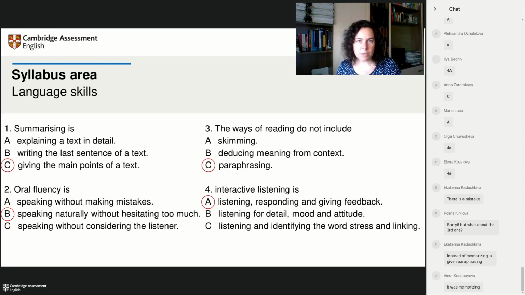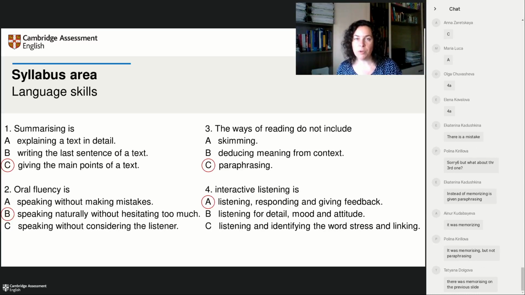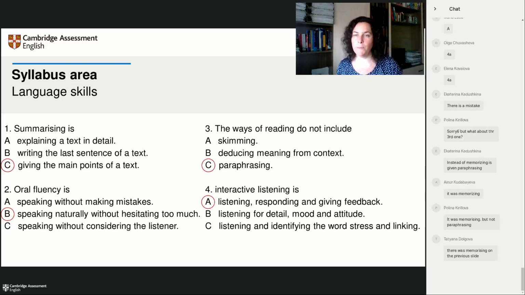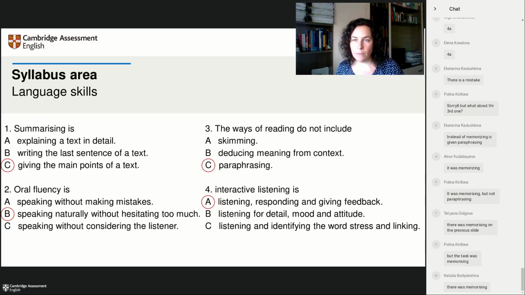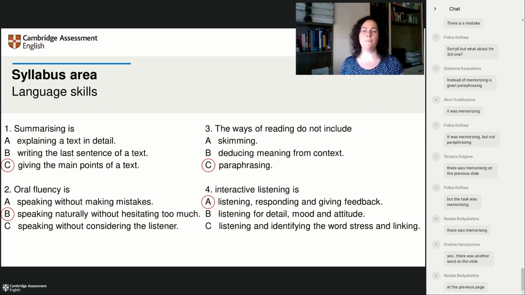The third one, just a second. The ways of reading do not include paraphrasing, because paraphrasing is not reading. Paraphrasing, it will be speaking or writing, yeah? But skimming and deducing meaning from context are reading skills. You mean the previous task or something? Okay, whatever. Yeah, might be wrong. Yeah, I'm sorry about that. Yeah, okay. Let's have a look at